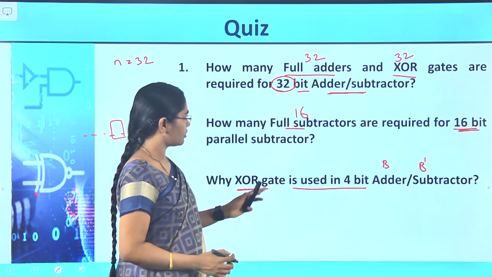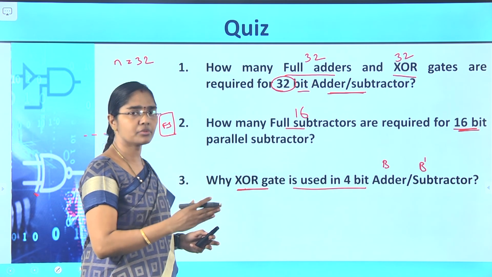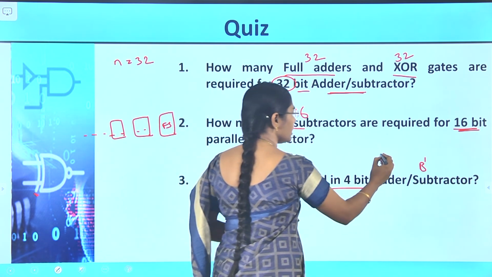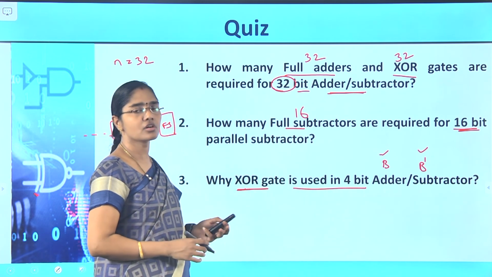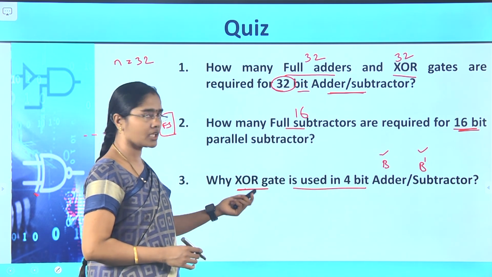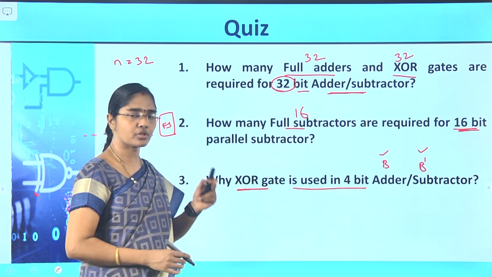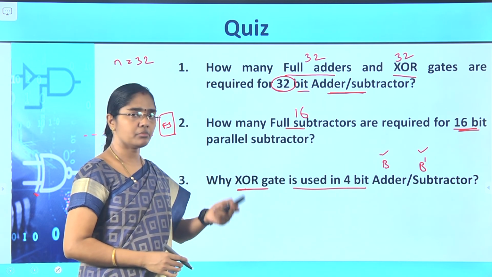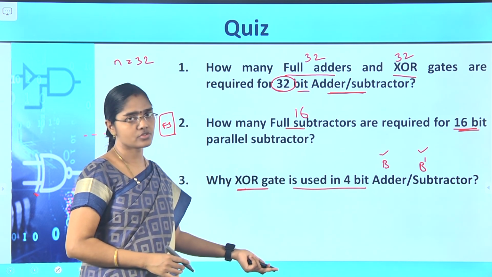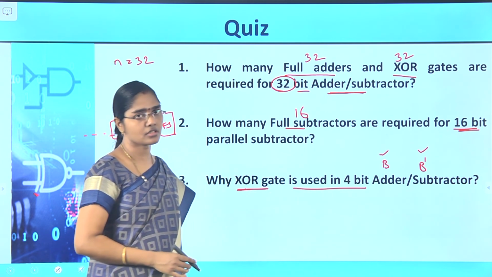Okay. So, the XOR gate has the capability that when the other input is equal to 0, it will produce B, and when the other input is equal to 1, it will produce B bar. That's why the XOR gate is used. The XOR gate is used because its function produces B bar when the other signal input is equal to 1 and B when the other signal is equal to 0, non-complementary. Therefore, for that reason the XOR gate is used.